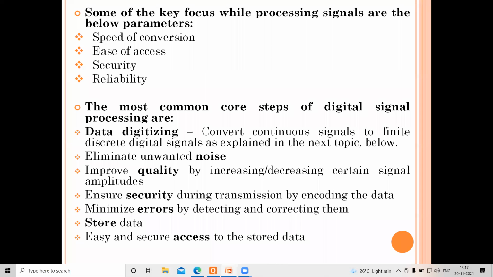Then the major, or core, steps of digital signal processing: first is digitizing your data, that's converting a continuous signal into a finite signal. Then eliminating noise, that's the second one. Remember, with additive noise, probably we can very easily remove it. If you do not know the source, eliminating noise from your signal is harder. If it's a multiplicative noise, for example, speckle noise is a multiplicative noise. Ultrasound machines will have this speckle noise. How can we take it out? y = x * n.